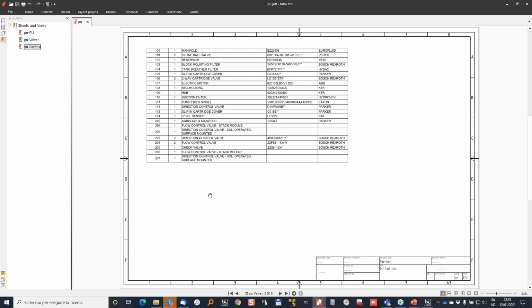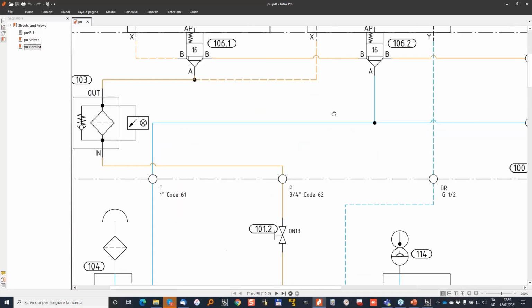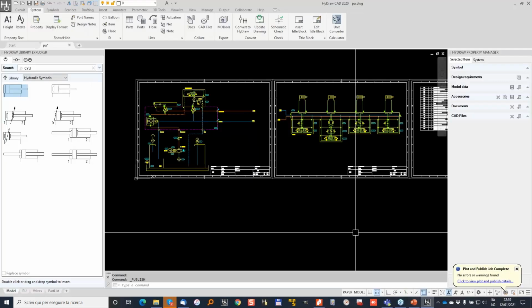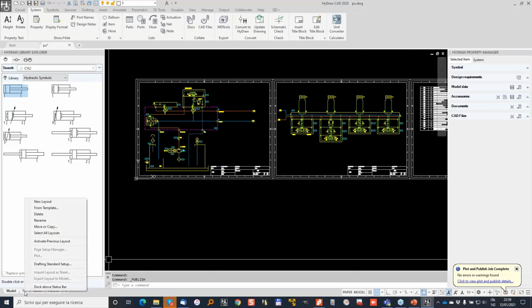Here is the part list. And the PDF, in this case, I selected a style with the colored lines. It is also possible to create a full black and white diagram. And this is done just by a setting in my environment, which is basically applied to the